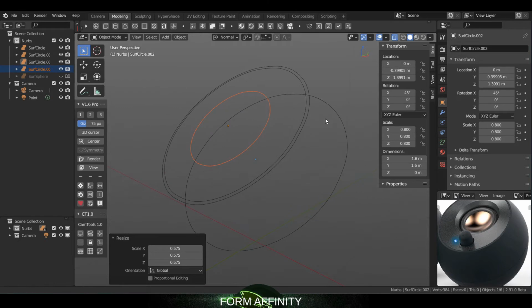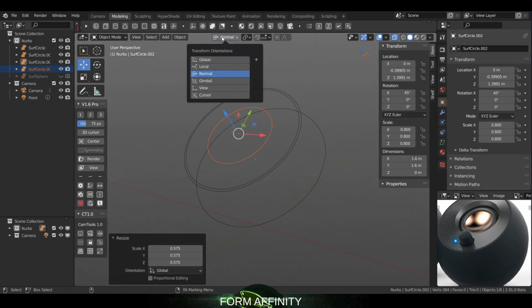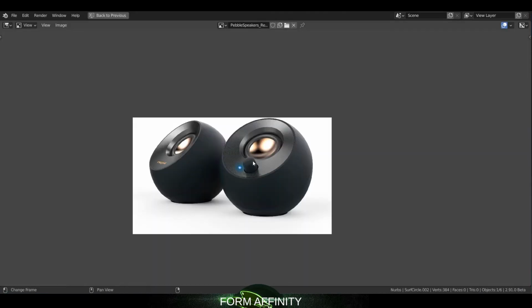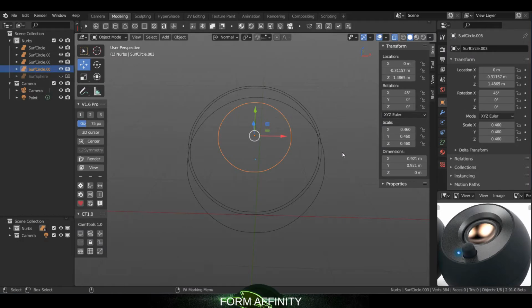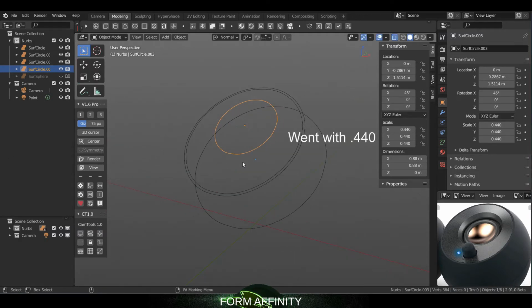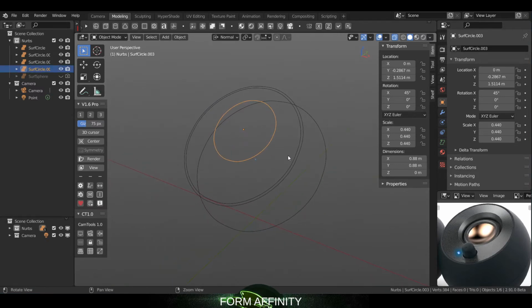So I'm going to get my model sort of in place here. So still on transform orientation set to normal, I'm going to move this up. You know, we need room for a button or the knob, a little light, some text. There's space here. So right now I'm at 0.46 on that. Okay, so now before we inset that, I want to create some of these other circles on this inner speaker